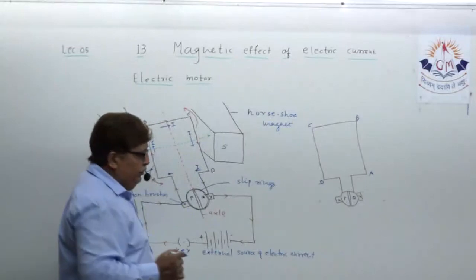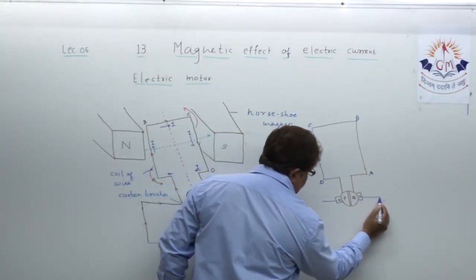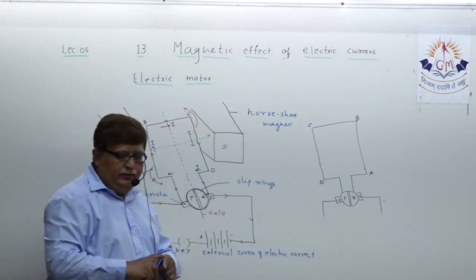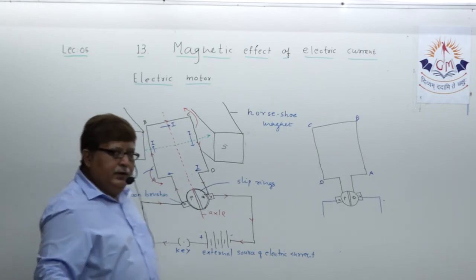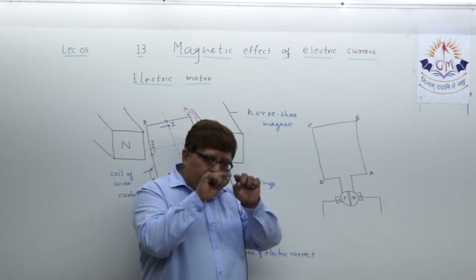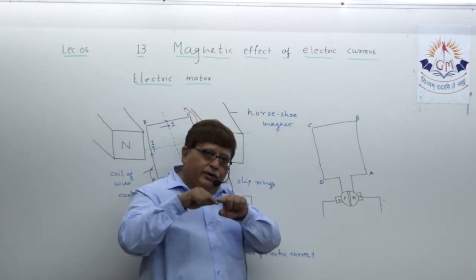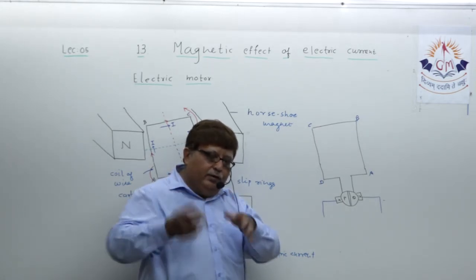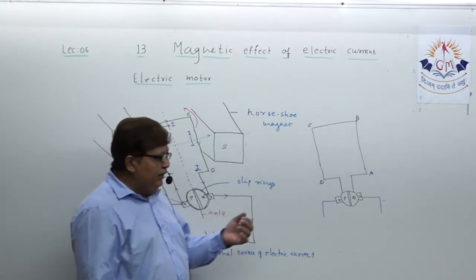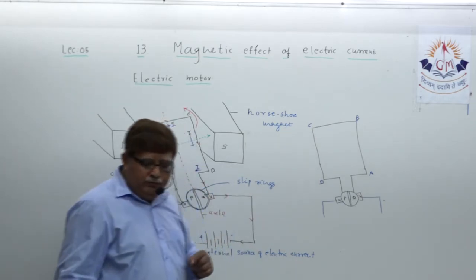Now what happens, dear student? Due to the sliding arrangement here, the electric supply is going to continue as usual. You understood this? Only the slip ring rotates in the sliding contact of the carbon brush X and Y. The slip ring rotates, that means, as I initially told you, the steady flow of electric current has to flow through the coil. So now what happens, dear student?